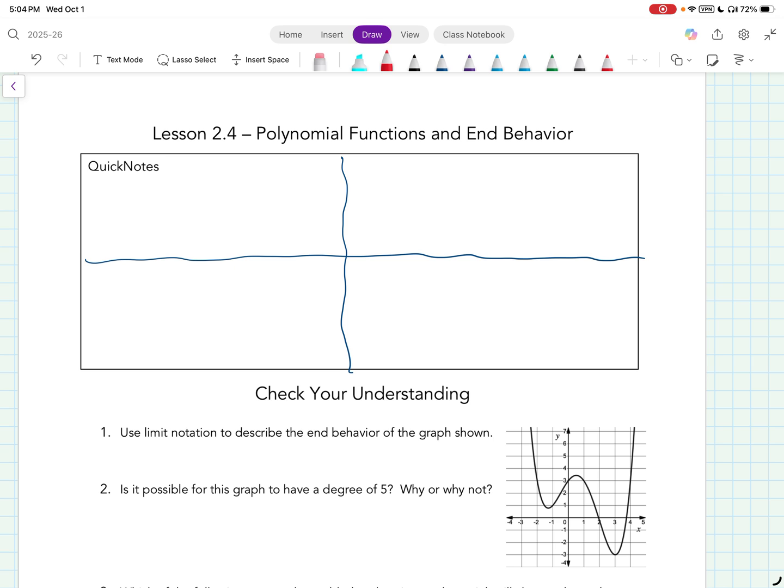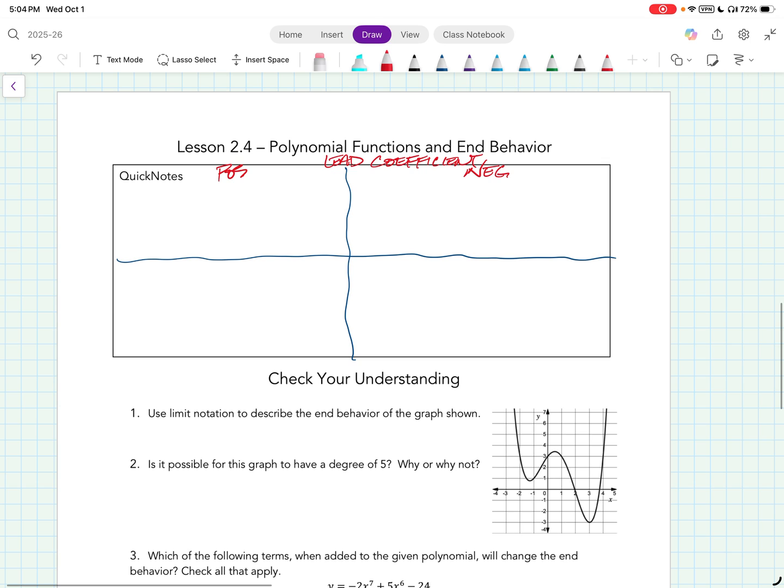So let's put the lead coefficient up here in red. Okay, it either could be positive or negative. That's it. So let's put the positive cases here, negative cases here,